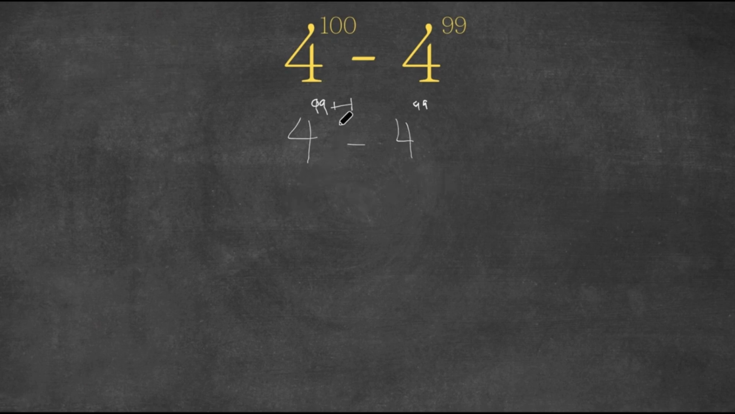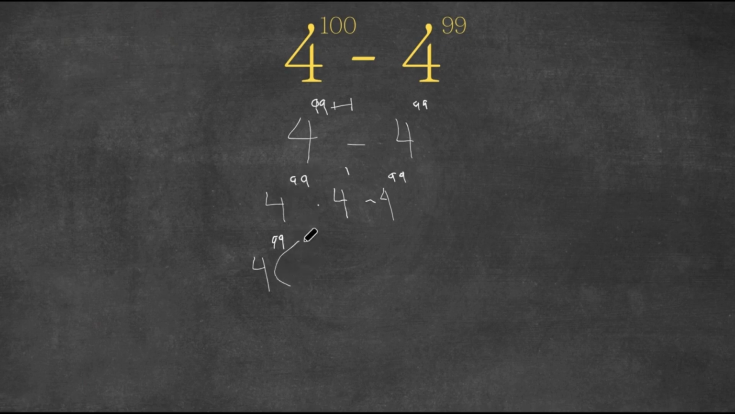So what we're going to do to this 4 to the power of 99 plus 1 is rewrite this as 4 to the power of 99 times 4 to the power of 1 minus 4 to the power of 99. We're keeping that the same. All right. So now, as you can see, we have two 4 to the power of 99s. And we're going to factor 4 to the power of 99 out to simplify this a little more. So we're going to do 4 to the power of 99